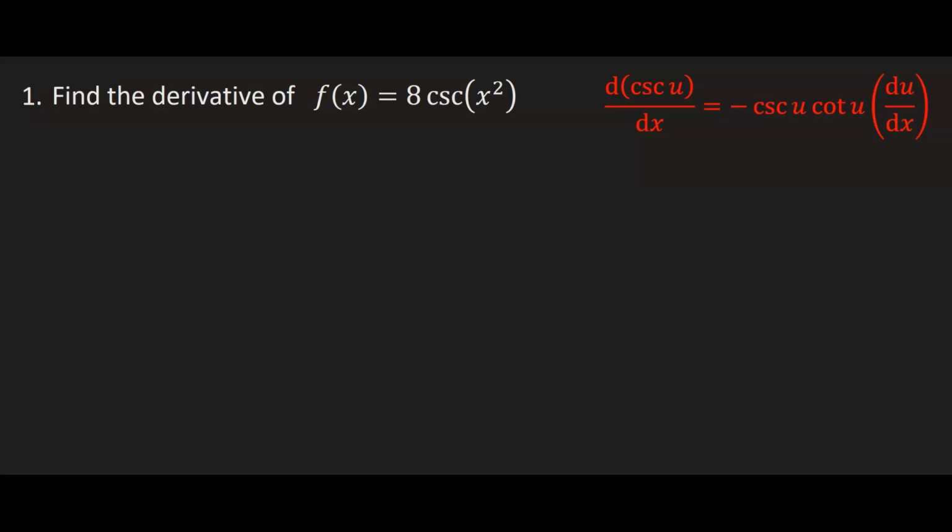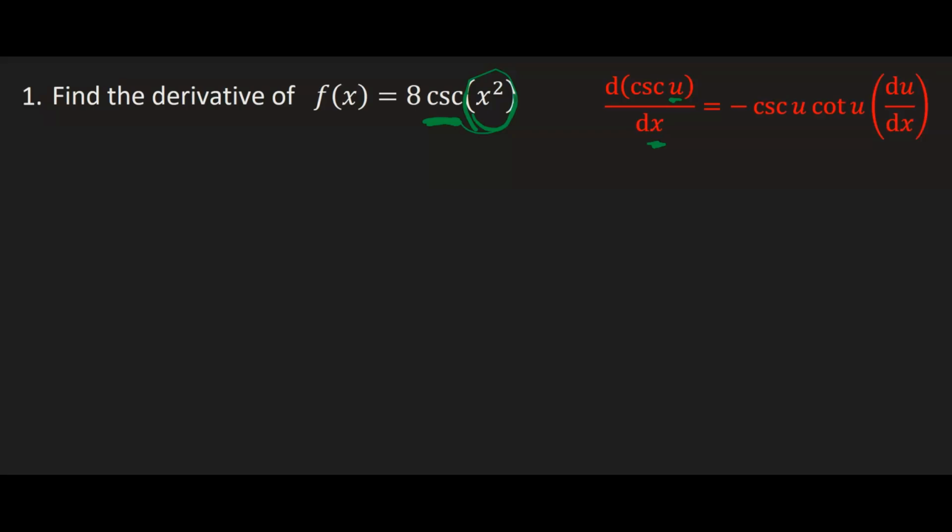In this video, I will record some examples of derivatives of transcendental functions. In this first one, the first thing to notice is that we have a cosecant function. And so we've got a formula for a derivative of cosecant of u, where u is a function of x. And we notice that the function of x is right here, x squared, and this is with respect to x. So we've got the negative of cosecant of u times the cotangent of u multiplied by the derivative of u